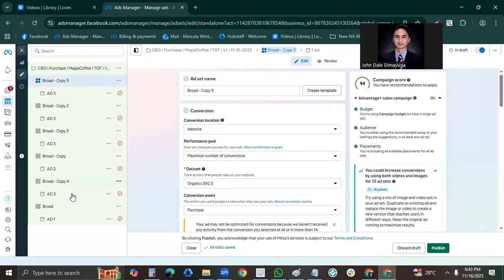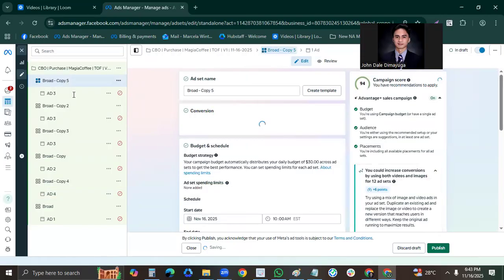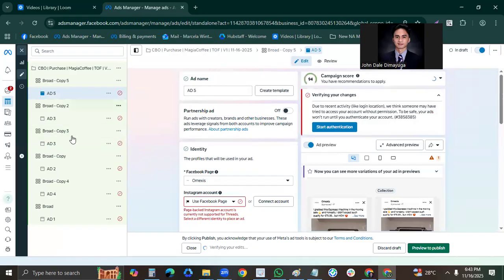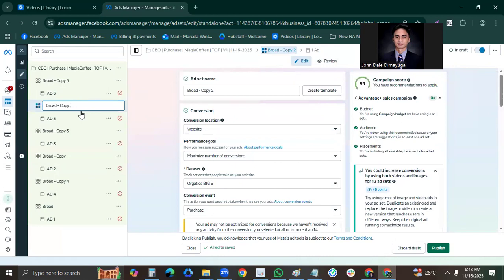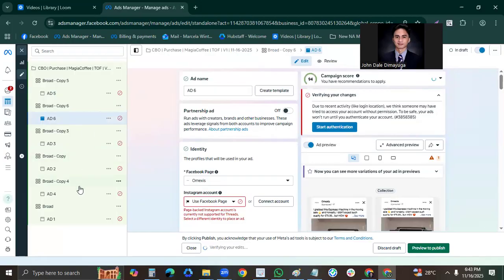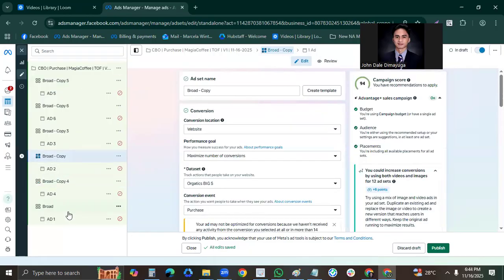Ad 3, 4, 5. Copy 2. This is 6. Copy 4. 1, 2, 3, 4, 6.